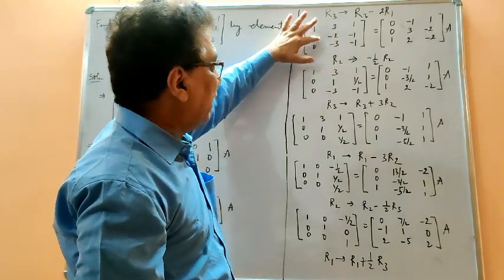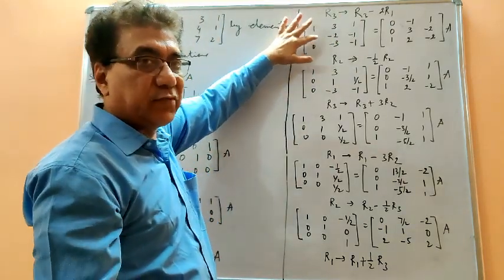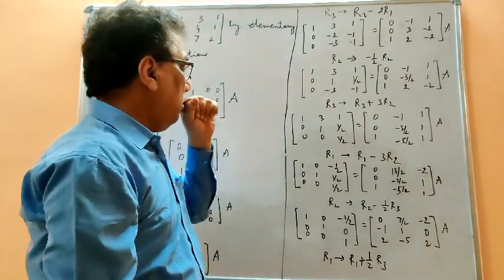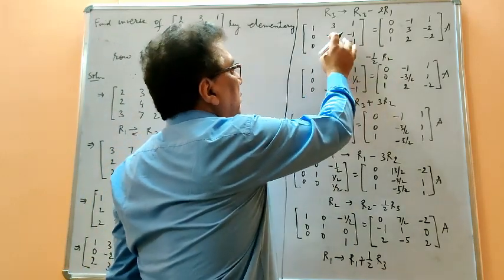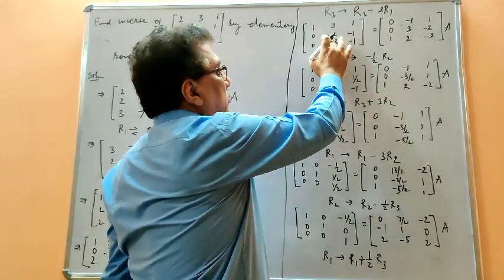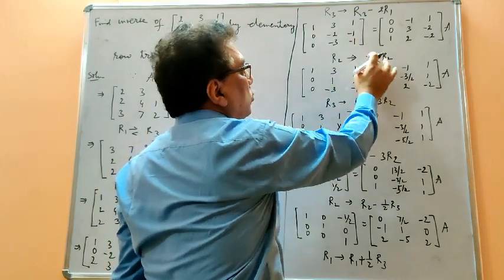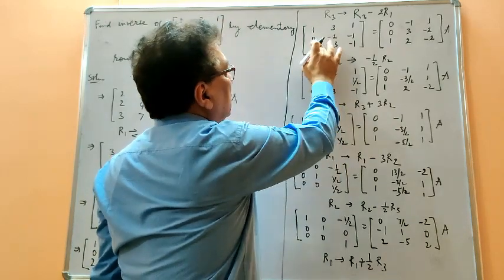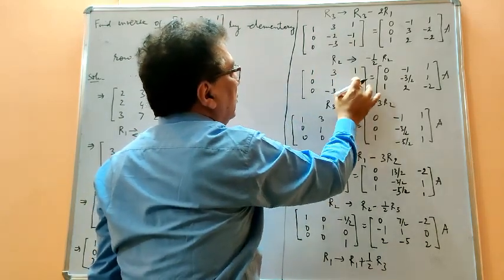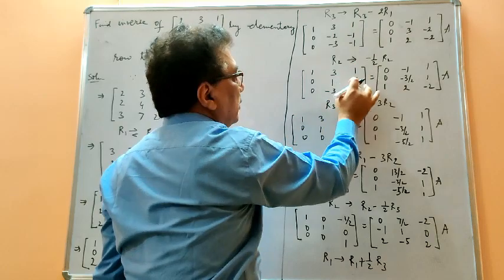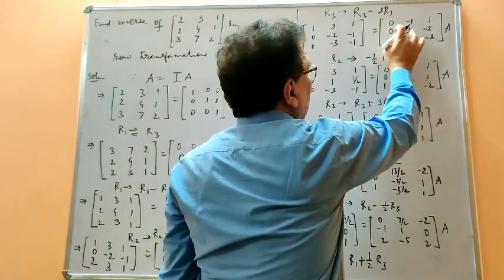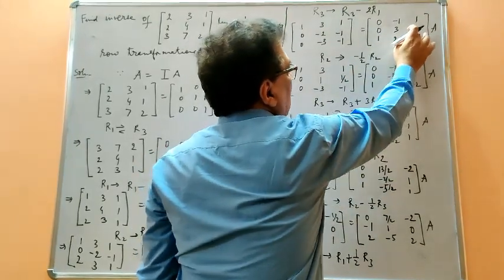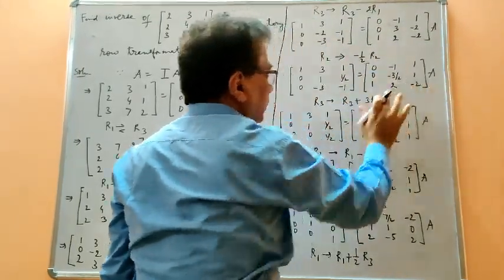That's why we have to divide, because that is elementary transformation number 2. We can multiply each element of a row by any non-zero scalar. So to get 1 here, I am multiplying row 2 by minus 1 by 2. So we have got 0, then 1, and then since it is multiplied by minus, it has given us 1 by 2. The same I have done this side. So 3 into minus 1 by 2 is minus 3 by 2, minus 2 into minus 1 by 2 is 1. No change in other rows.